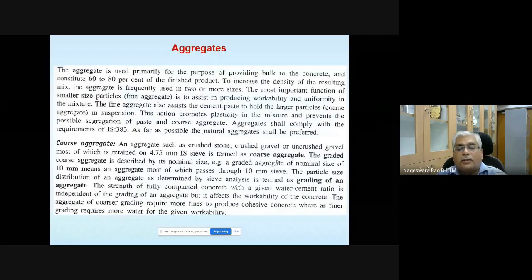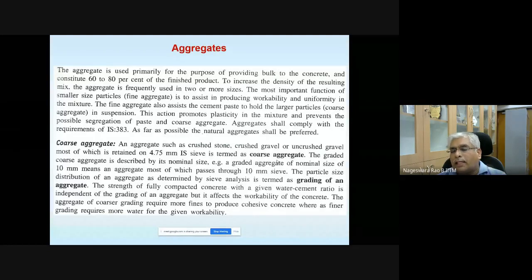Coarse aggregate. What is coarse aggregate? An aggregate such as crushed stone, crushed gravel, or uncrushed gravel, most of which is retained on the 4.75 mm IS sieve. Indian Standard sieves are there. If you have taken a soil mechanics course, you must have already done sieve analysis, so you must at least have an idea what a sieve is.